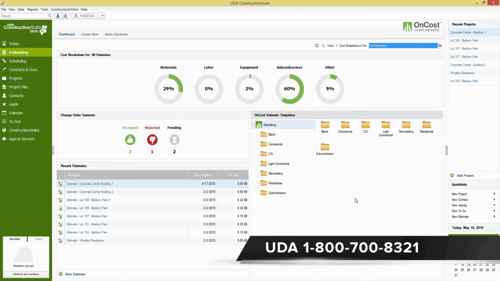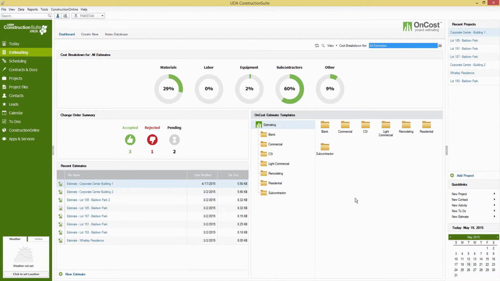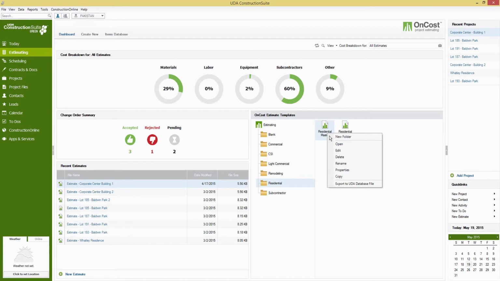So, the whole point of the software here is to save you guys time and money. How we do that, well, one of the primary ways that we do that is through our estimate templates, schedule templates, contract and document templates. So we include a number of these within the system that you can modify any way that you would like. So you'll be able to break these down into categories as you see here. Whichever one you would like to begin with, all you have to do to modify it would be to right-click and edit that template. Now this is also one of the ways that you can launch the estimate templates. So you could just double-click on them or click on the open option here to launch that template for a